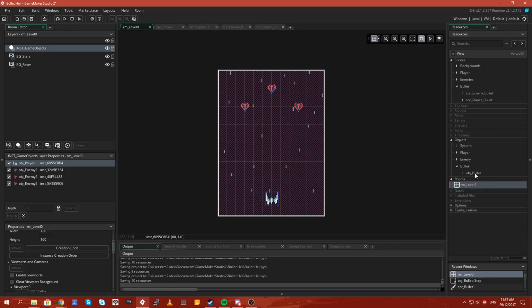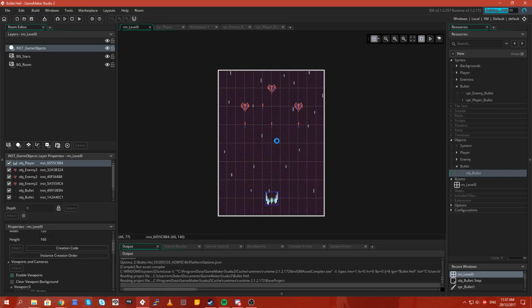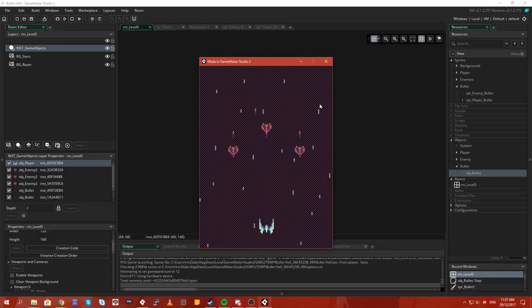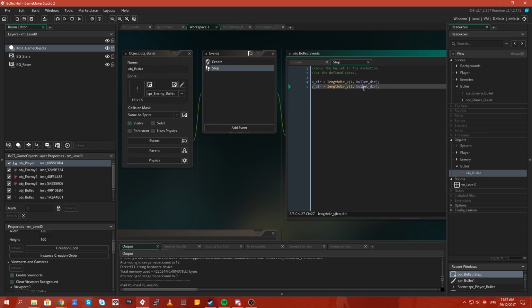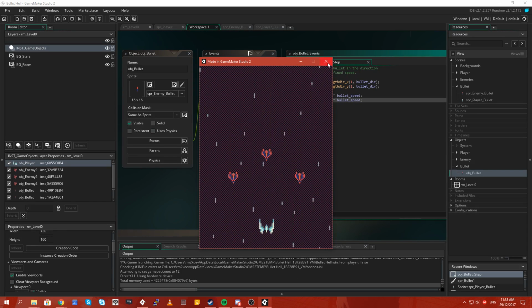So now let's throw a couple of bullets on the screen and see if they head in the direction they've been defined to go. And they do nothing. Why do they do nothing? Oh, because I didn't apply anything to their position. We've got their X and Y positions and their speed. Now let's say x += x dir multiplied by bullet speed, and then do the same thing for the Y position. Hopefully the bullets will move in the appropriate direction. There we go, so they're moving down.